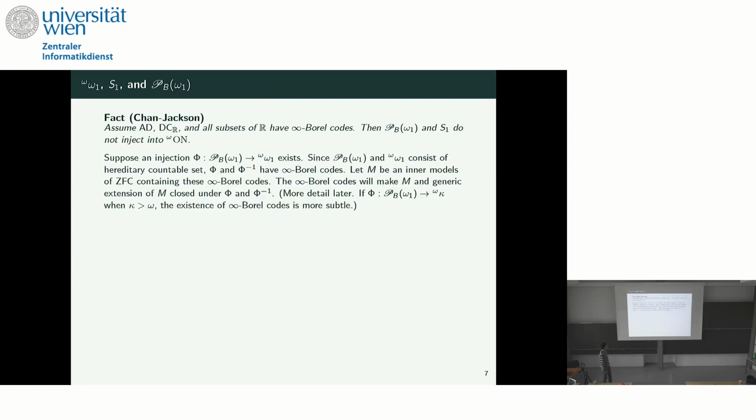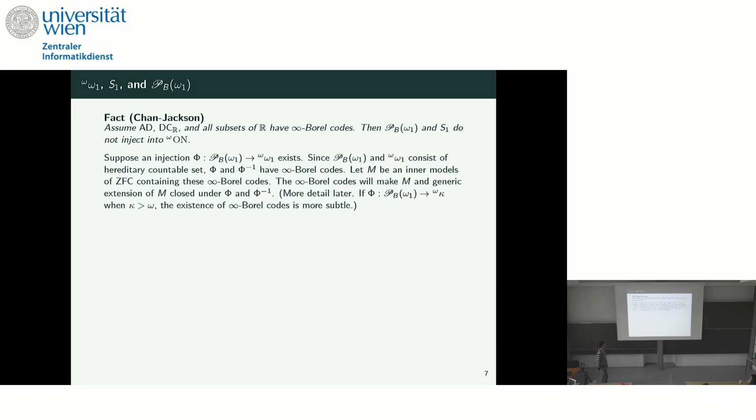The first natural proof that we found involves infinity Borel codes. I won't give the details here, and I'll tell you, for now, an infinity Borel code is more or less an ordinal which gives you a highly absolute definition for some set. I'll give you more details of this argument in a different context, and I'll tell you what an infinity Borel code is later. But what's the point of the infinity Borel code?